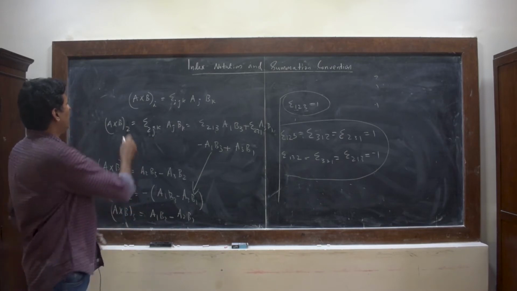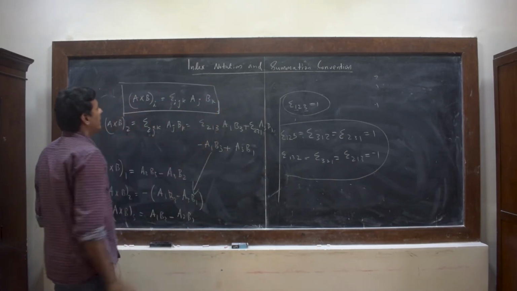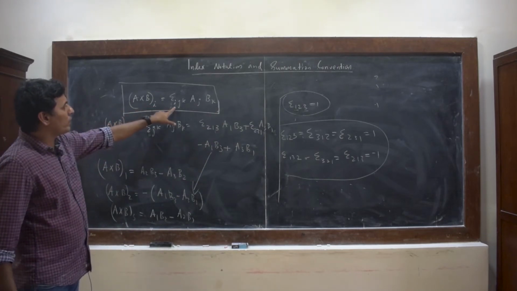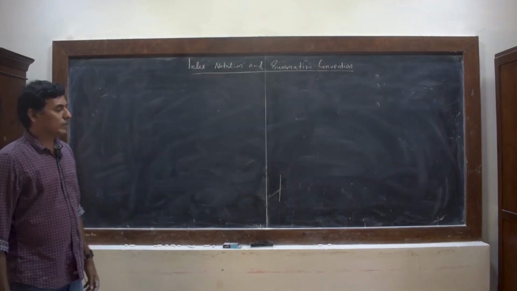So now you can write A cross B whose ith component is going to be equal to epsilon ijk aj bk. Okay. So it is a very important point. So now we will look at